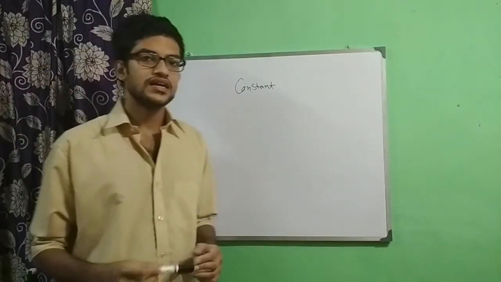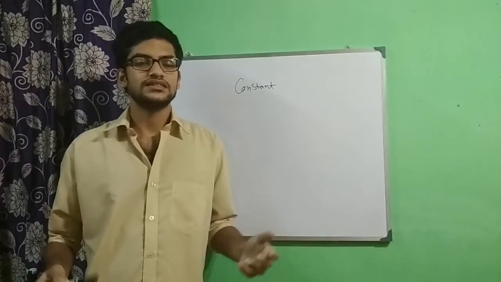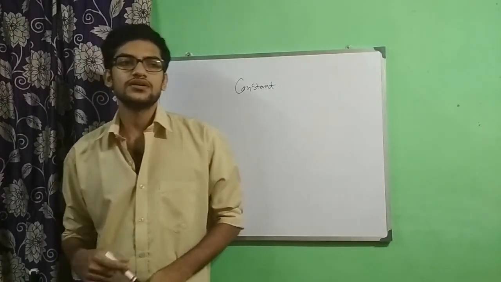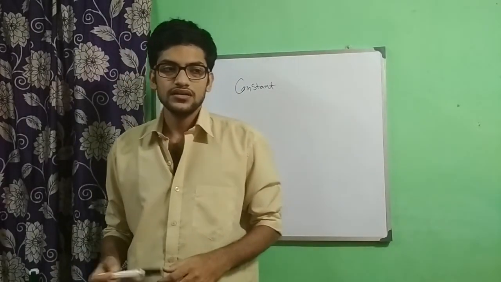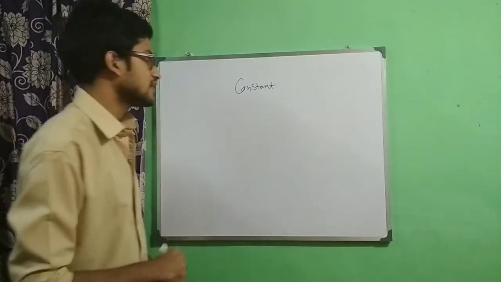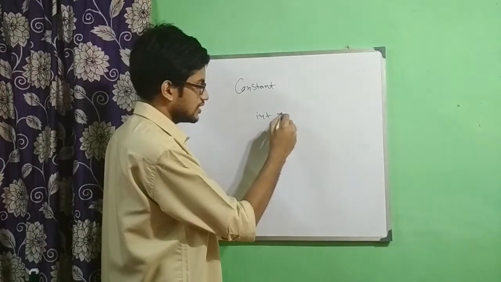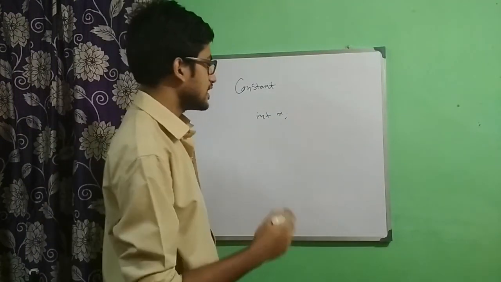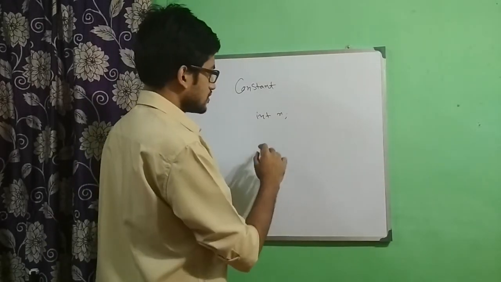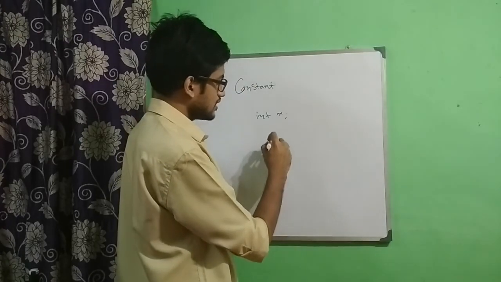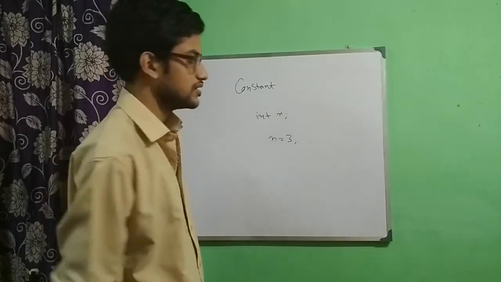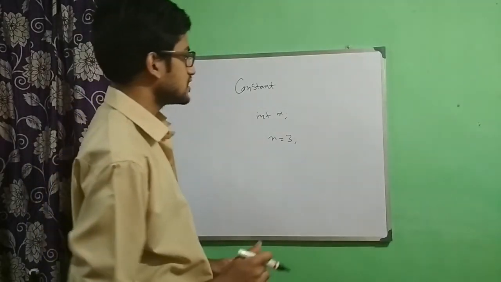You know how to declare a variable and define a variable. Now let us see how to declare a constant. When I was declaring a variable, I also had the option to define that variable later. I can write int n, which is the declaration, and define the variable in the future. After executing a few statements, I can set this variable, like n equals 3. This is the definition of the variable. In a constant this is not possible.